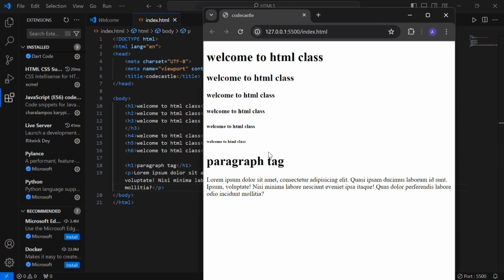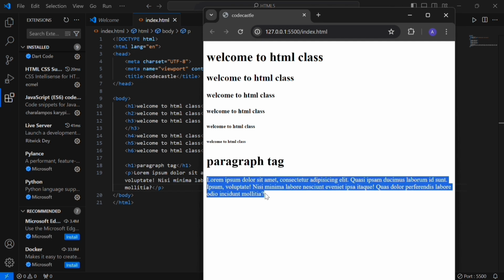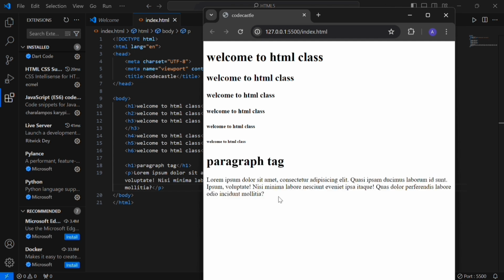Here we can see this. This is actually a heading tag. I use it to display what is going to print in our code. So I use the heading H1 tag here, and I use the paragraph tag here to display our output, what I had written in between the paragraphs.